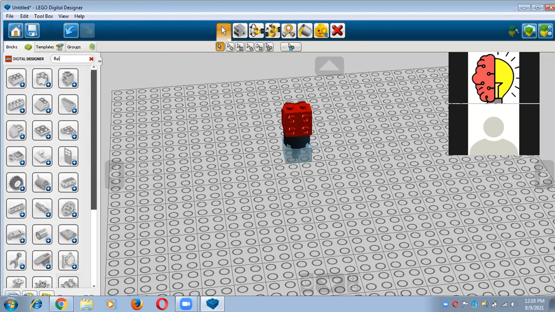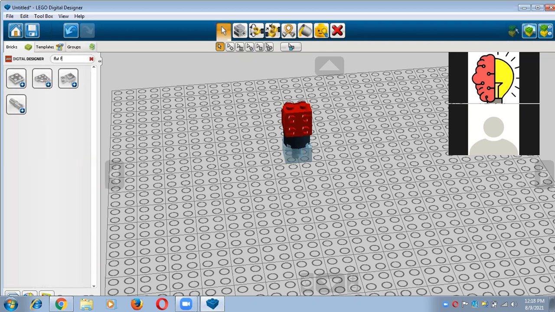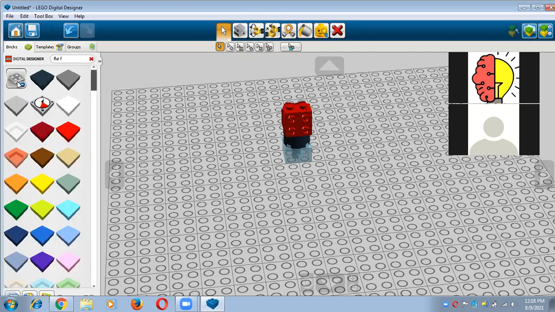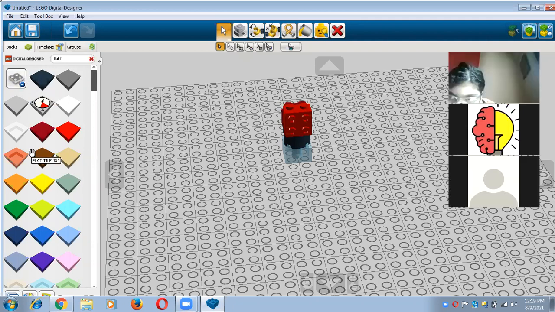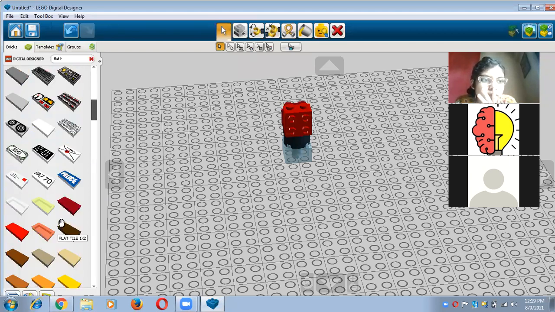I'm just typing flat file. Yes, these are the flat files, right? And I want 1/2 size. Okay, I want what? I want 1/2 size. So it is 1/1, but right now I want 1/2 flat file. Yes, here it is.